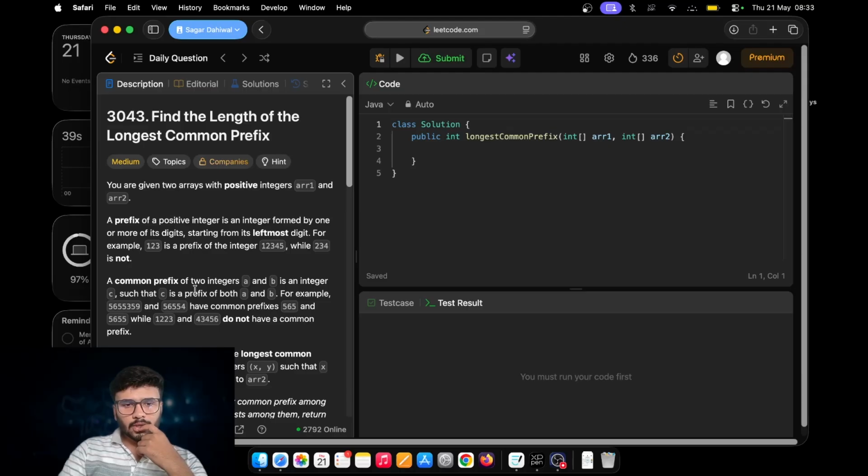A common prefix of two integers a and b is an integer c such that c is a prefix of both a and b. For example, 5655359 and 56554. So we have common prefixes 565 and 5655, while 1223 and 4346 do not have a common prefix. Okay,